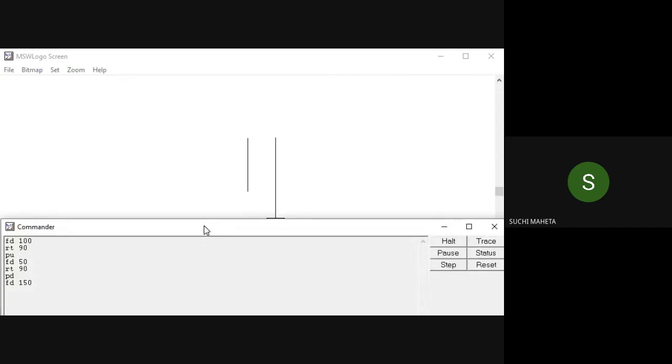Right, to erase 50 steps, pen erase, okay, BK 50, hide turtle. So this way you can pen erase half of the line if you want to erase.